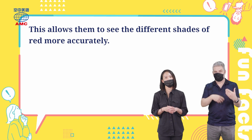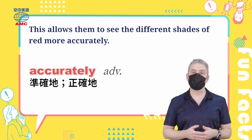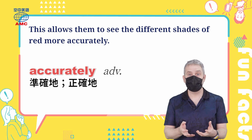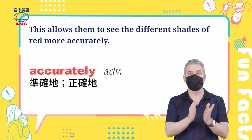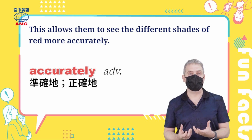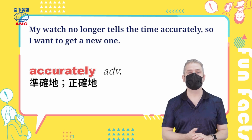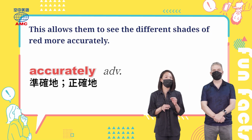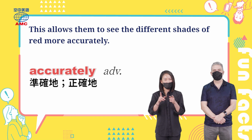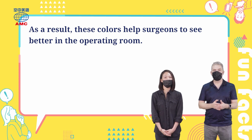So they look at the green and blue and this resets their vision, and we see in the article, the reset allows them to see the different shades of red more accurately. The word accurately is an adverb meaning in more detail or with more accuracy. If you do something with more accuracy, you're more accurate, you're more close to the right detail. You don't make a mistake, you get it exactly right. If you can see accurately, you are more likely to be correct, not make a mistake. You might say, my watch no longer tells the time accurately, so I want to get a new one. Accurately 这个副词代表准确地或是正确地，那你把字尾的 ly 拿掉，你看到 accurate 就是它的形容词，所以眼睛重新调整之后呢，在看到红色的时候就会比较精准。